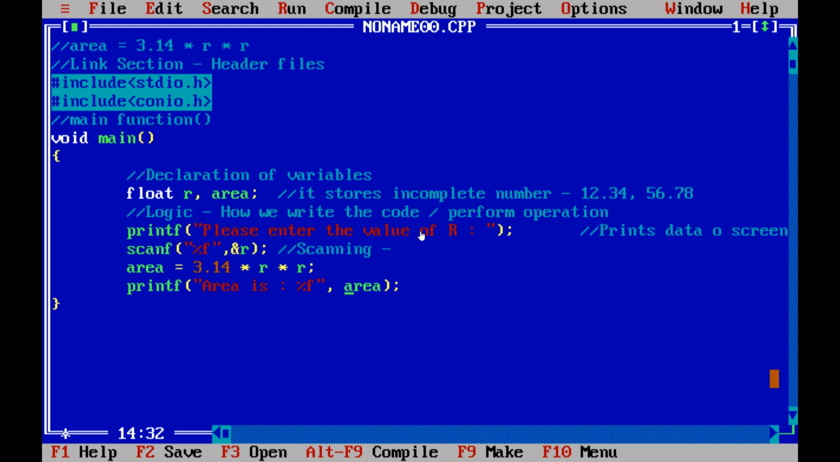If I write ampersand over there, the meaning is what? Address of area. But we don't want to print the address of area, we want to print the value of the area variable. So that's why we have not written ampersand here. Finally, we'll be writing getch to pause the screen or pause the console so that we are able to see